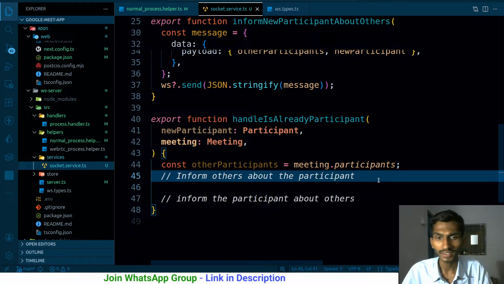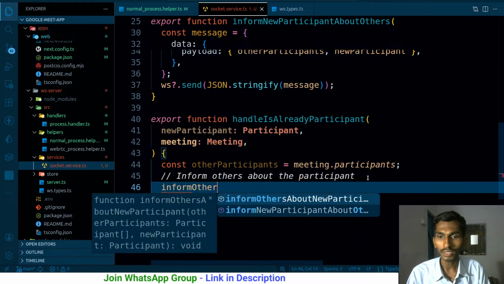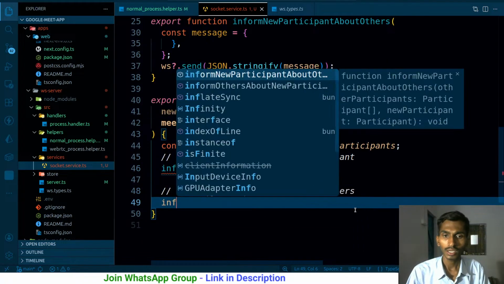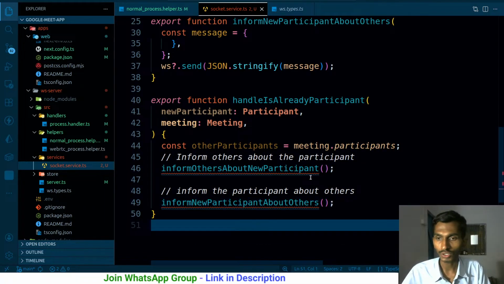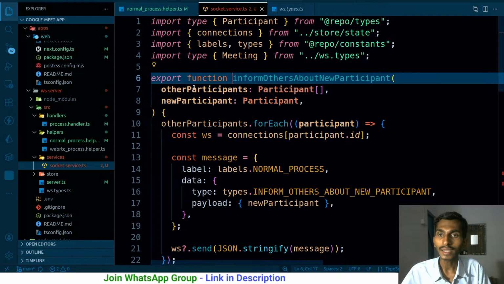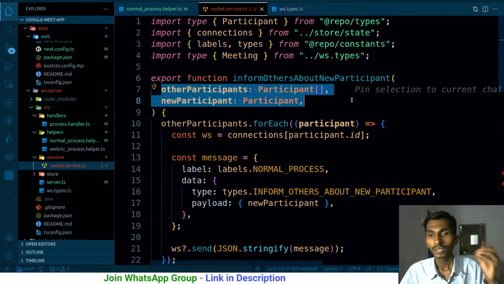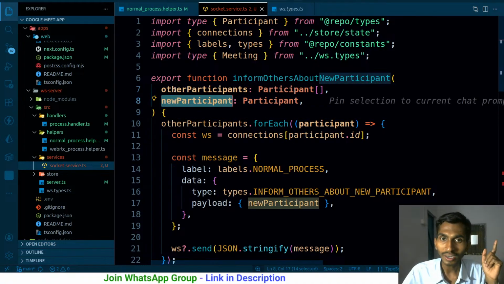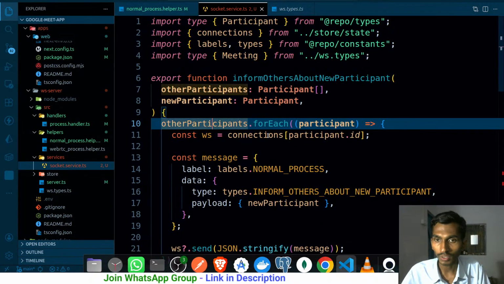yeah, sort of right. By the way, I'm gonna be using two functions over here. First of all is gonna be inform others about new participant, though that is not a new participant, and then inform new participant about others. These are the two functions that are gonna be used. Inside this particular function, I need other participants, I need new participant. Other participants means, in that case, this new participant is not part of other participants. So if I actually want to get the other participants over here,